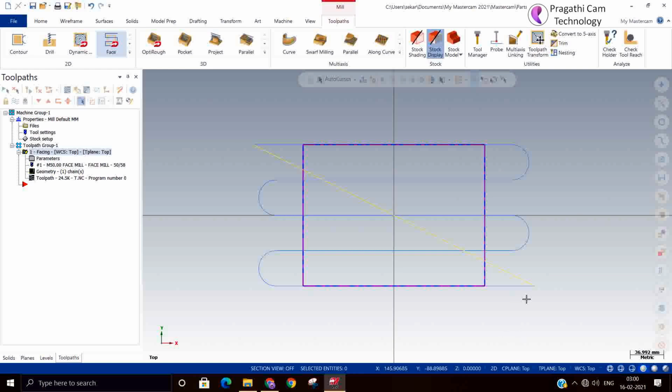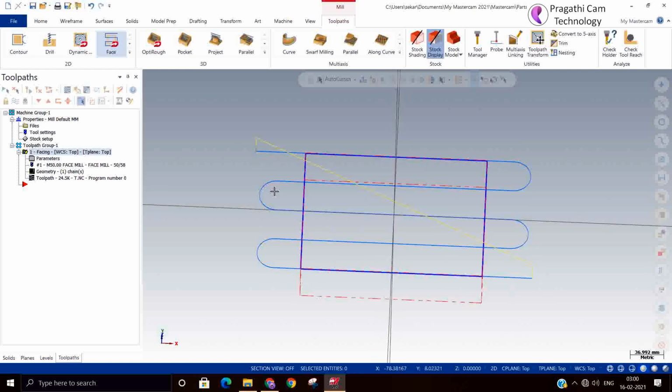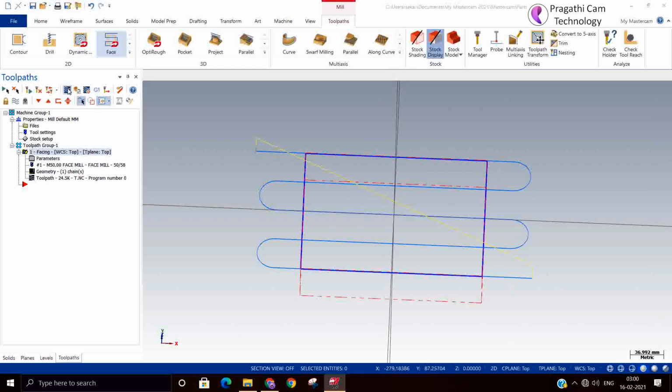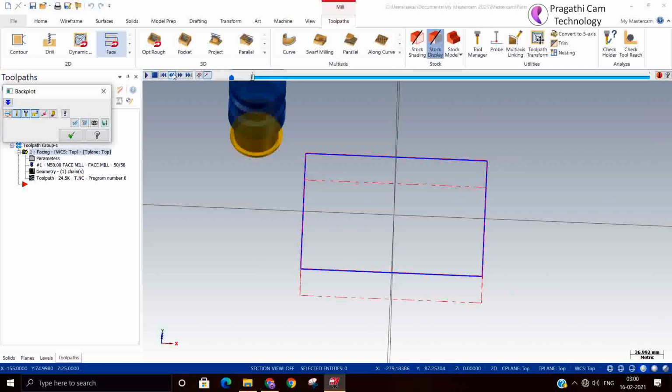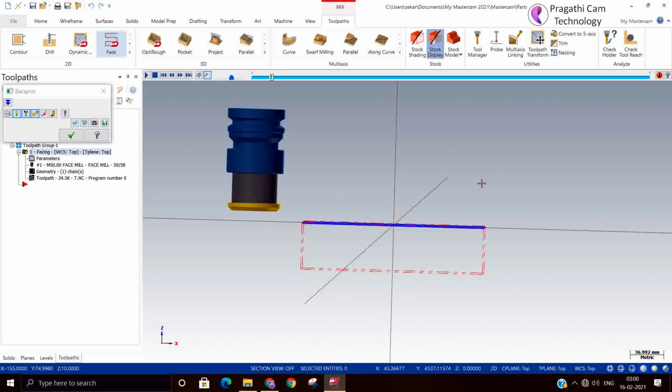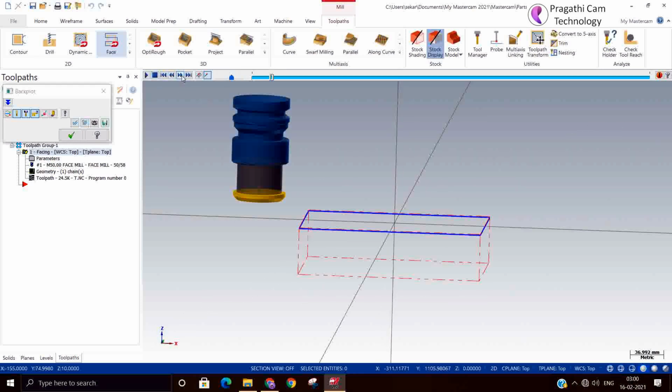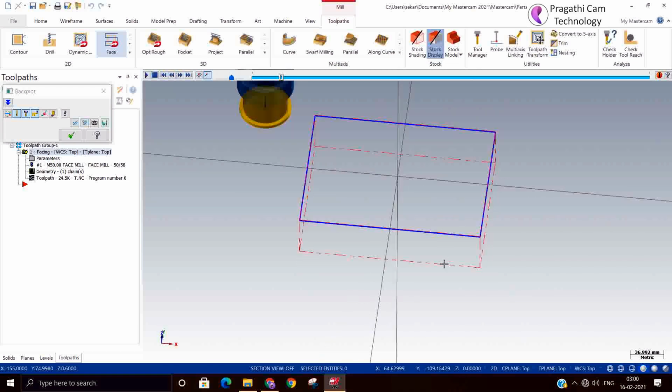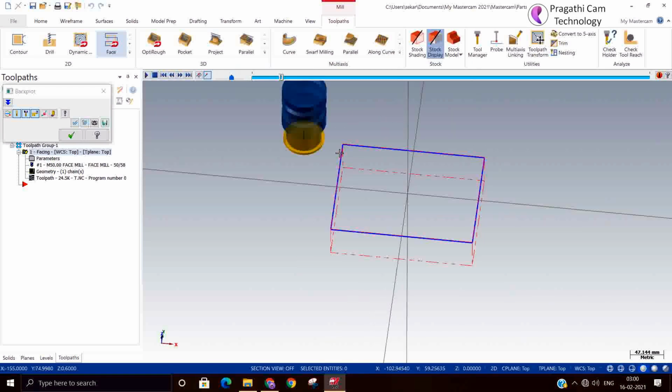So it is going out and coming in. If you check the entry, this is the entry distance. We have given 110 only, but it still comes from 160 percent. The reason is the remaining 50 percent is the approach distance.